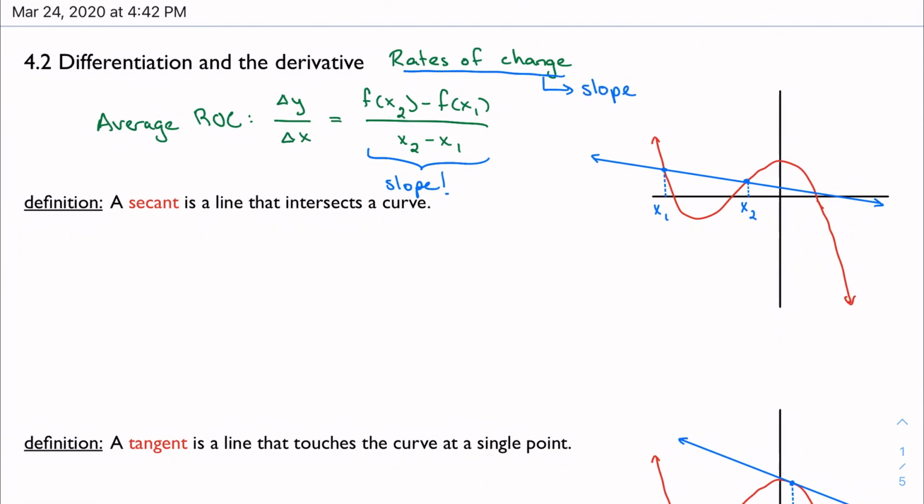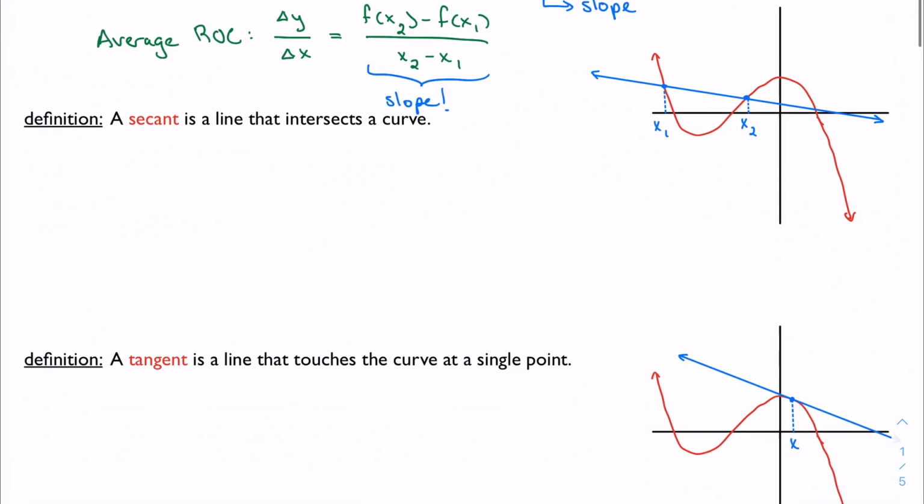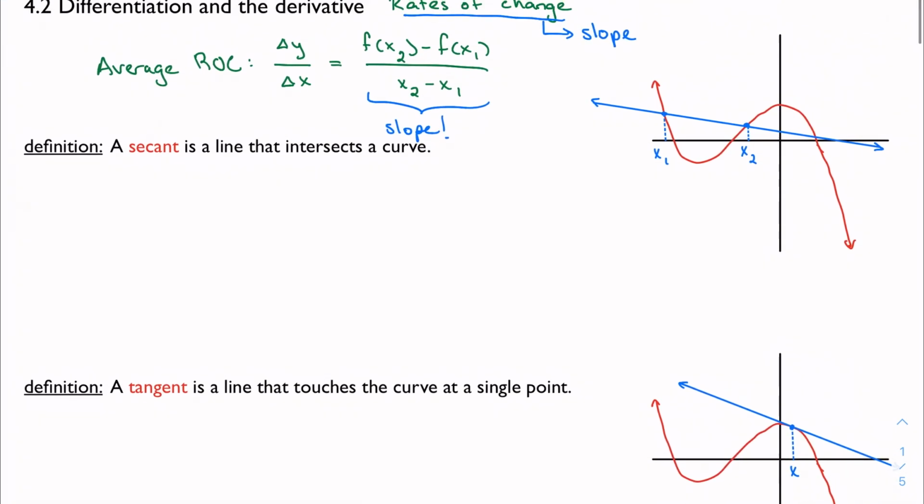We're going to talk about a couple different types of slope in this video, essentially. And we're going to start with the slope of what we call a secant line. So a secant line is a line that intersects a curve, just generally intersects a curve. And usually we're going to talk about two specific points. I'm going to call them x1 and x2. If I want to find the slope of that secant line,